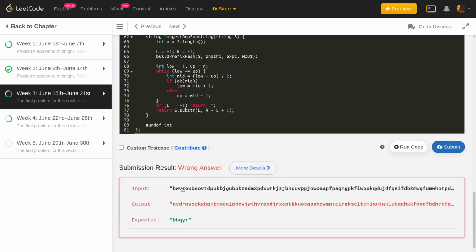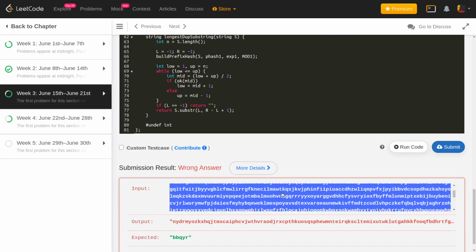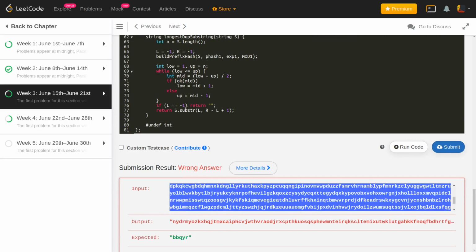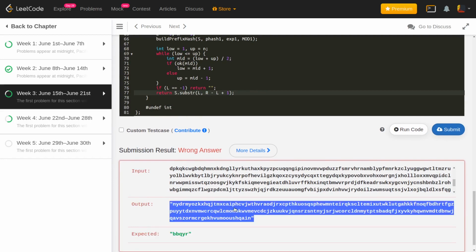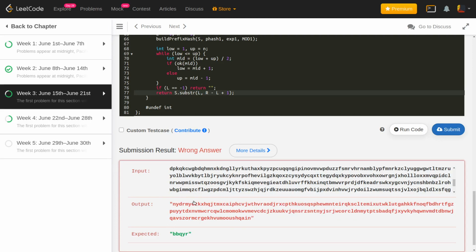Okay, so it says it's a wrong answer, and it's not a wrong answer because I implemented it wrong. Of course, you can trust me on that if I'm making a video on it. It's a wrong answer because this is a hash collision that we have encountered. This is a very big string, if you see here, and the program is saying that this is the output that gets repeated. You can clearly see that this is nowhere close to the expected output. What's the reason for that? The hash of this particular thing actually collides with the hash of some other quantity as well, which is why the program gives this as the output. The reason is hash collision.